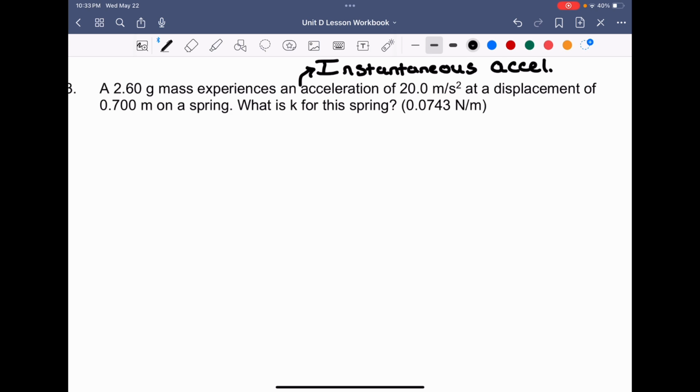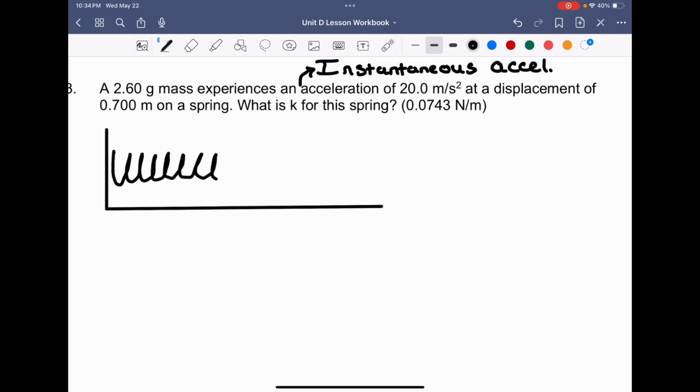So specifically at that displacement, it experiences that instantaneous acceleration of 20 meters per second. What is the K for the spring, or what is the stiffness of the spring, or what is the spring constant? Now, if this is the specific moment or the instantaneous acceleration, what we can look at is the following. Let's assume that this is some sort of horizontal spring. And so I'm going to draw this one out just so that we can have a visual of it in the following way. So I draw this out and I put a spring together as best as I can,